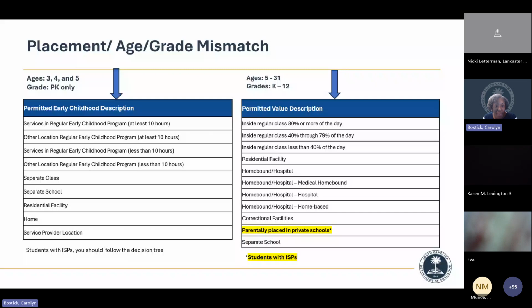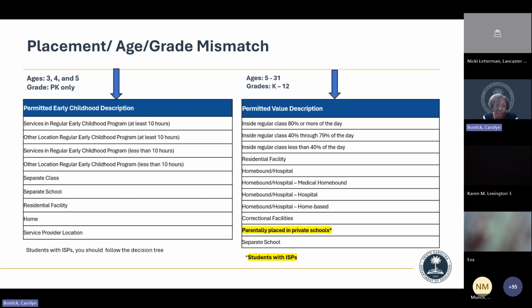For our school age population, if they are age 5 through 21, there's a typo on the slide saying 31, I need to correct that, and the grade level is K through 12, these are the permitted school age LRE values for those students. So ask yourself the question, is this student age 5 through 21 on October 28th, and they are in kindergarten through grade 12?